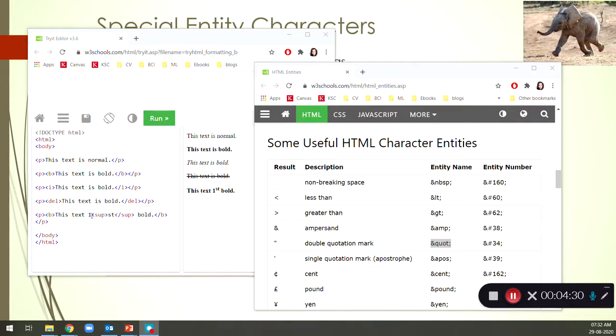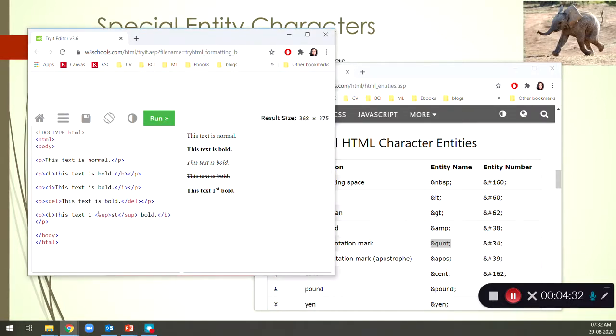For example, let's take a new line. Here we want to leave some extra space. If you run it, you don't see any space between is and bold, because the web page will just ignore these spaces.